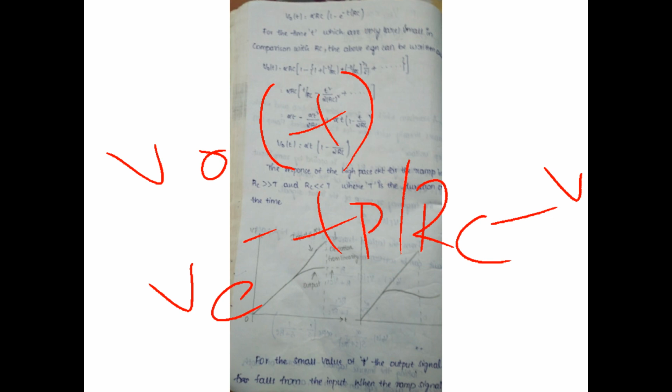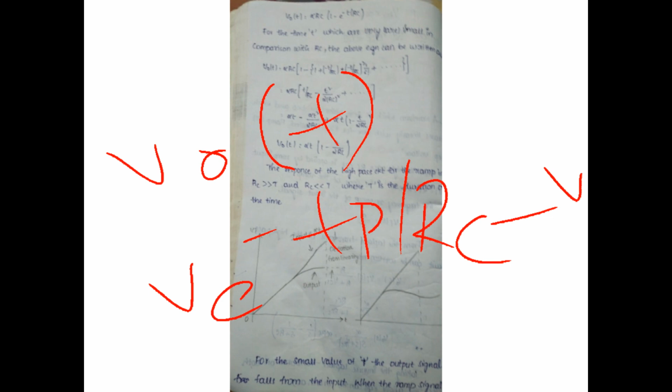The pulse input applied to the high pass filter works based on three conditions: RC greater than TP, RC comparable to TP, and RC less than TP. Let us see the first case, RC greater than TP. When the pulse input is applied to the high pass filter, the capacitor charges and produces the output voltage. Some pulses will spike, some will reduce exponentially towards the zero level. That condition can be written as V e power minus t by RC.